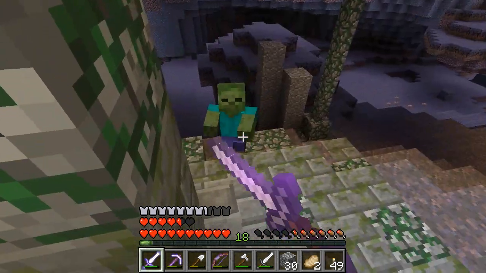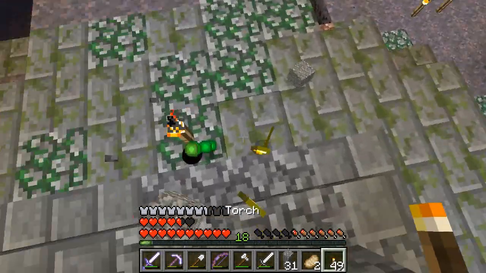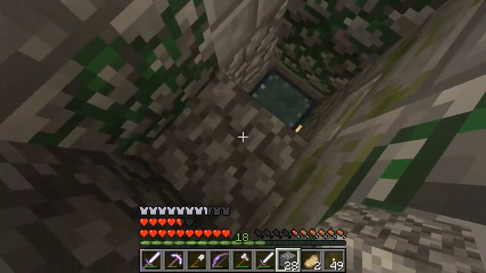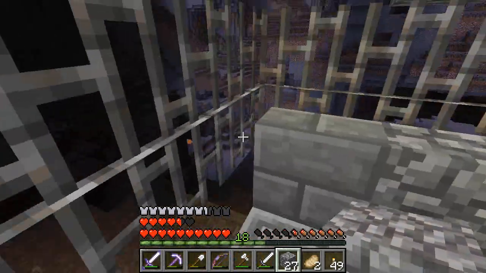Grab my experience and little gold fragments or whatever. And then try to run away, I think. Alright, so I want to grab all that stuff. Then I'm going to box this off and say bye-bye. And let's see, I don't need to access that ender chest anymore, so I can just step up here and